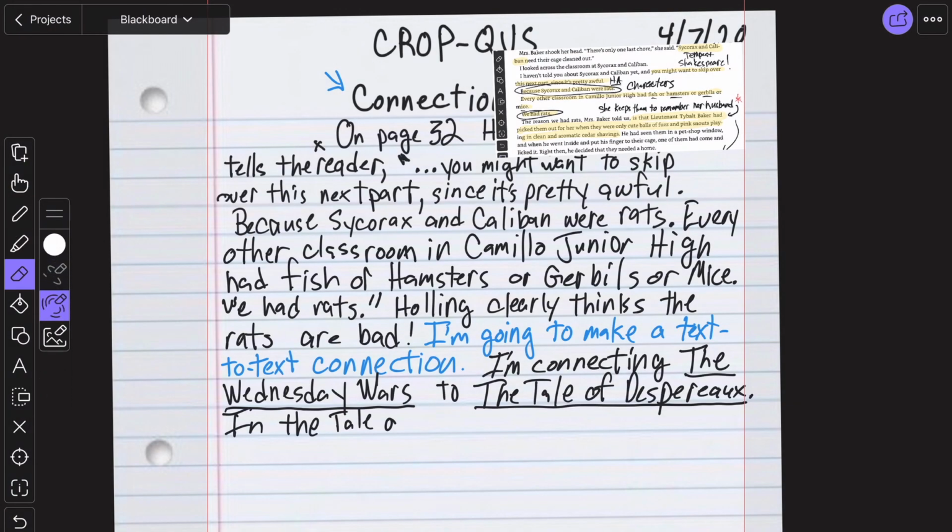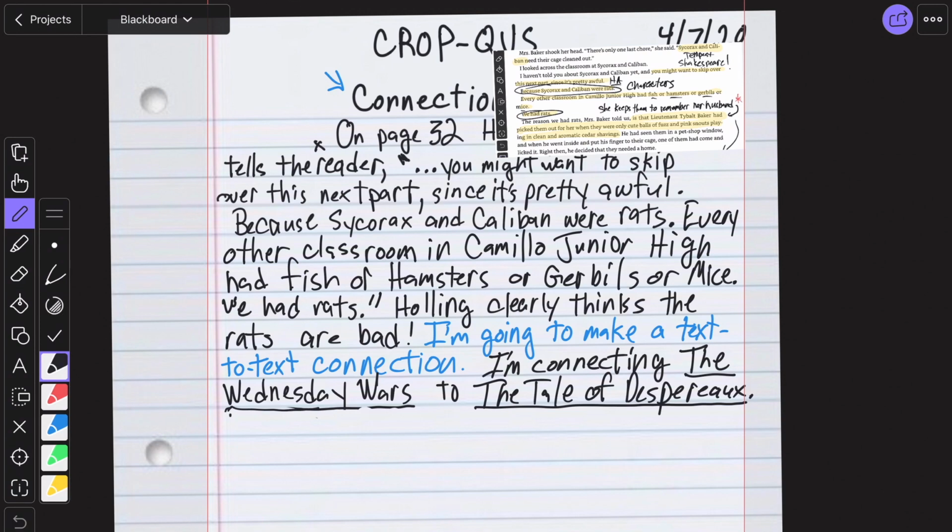I've already done that. I am going to show you a quick way so that you don't have to write titles. At the end of Tale of Despereaux, in parentheses, I'm just going to put it down here. The Tale of Despereaux. So the first time that you write it completely, at the end you can put in parentheses TTOD, and then you can use that going forward. So in The Tale of Despereaux, TTOD,